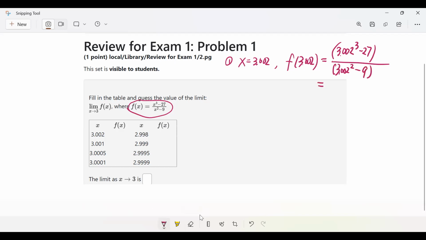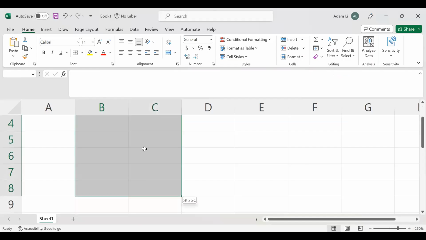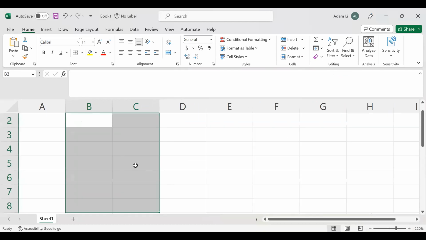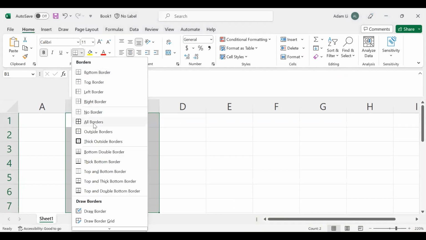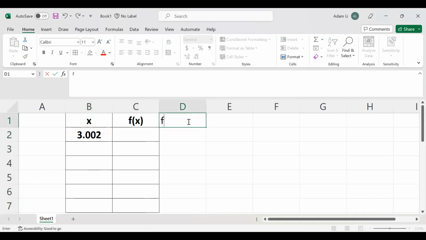Let's see what that is. Also, if you want to use some technology to do this, you can do that. I'm going to do it in Excel, and that's just going to fit in some of the blanks right here. You guys can see the Excel file, right? Yeah, I could see it. Okay, very good. So first one is x equal to 3.002. So f of x is x cubed minus 27